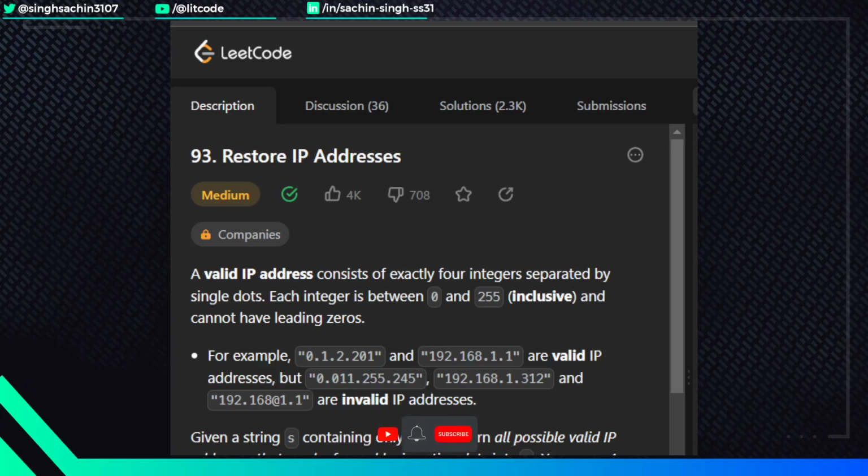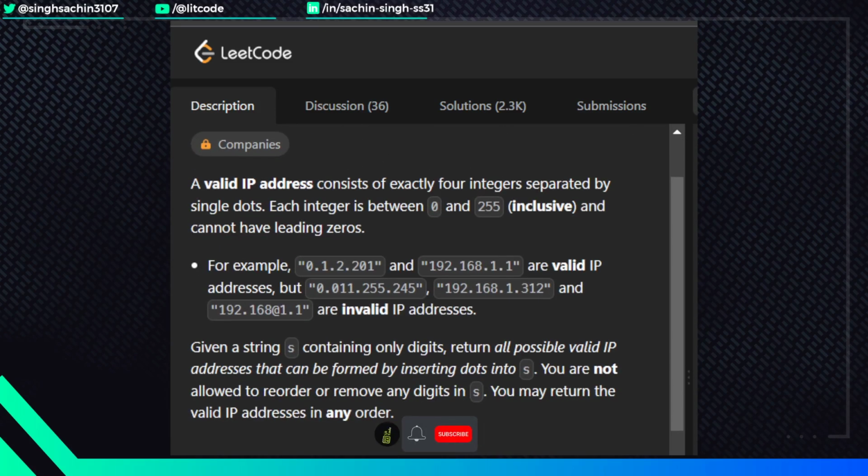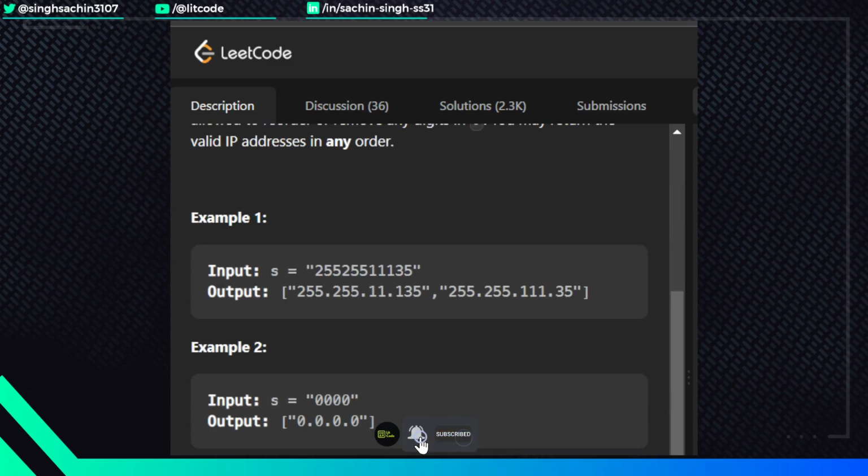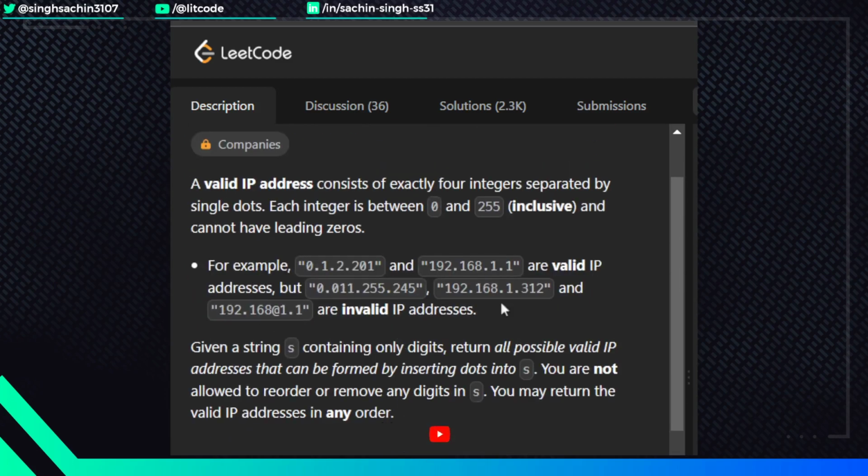Hi everyone. So today we're going to solve the Leetcode daily challenge, problem number 93, Restore IP Addresses. In this problem, we have to find out the valid IP addresses which can be formed from a given string. They have mentioned a few conditions which we need to satisfy